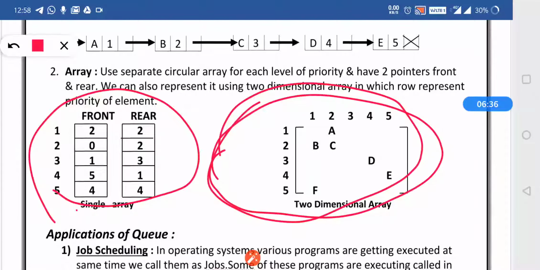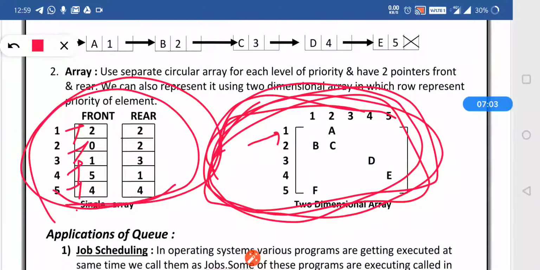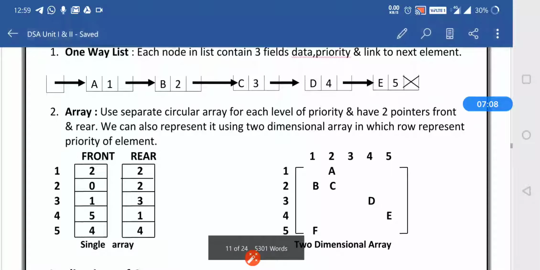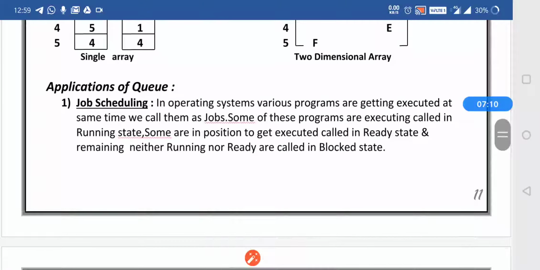According to priority, the particular elements are stored in the array. In the same way, according to priority, that is 1, 2, A is placed, then 2, 1, B is placed. So we can represent the priority queue by a two-dimensional array, as well as by a single array. These are the representations by which we can represent the priority queue.